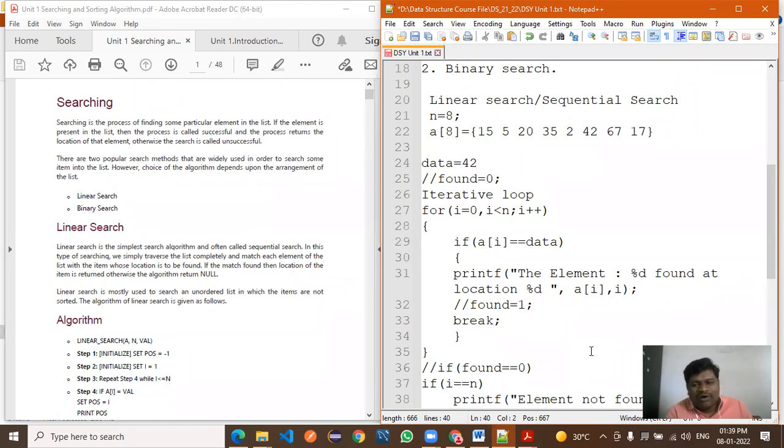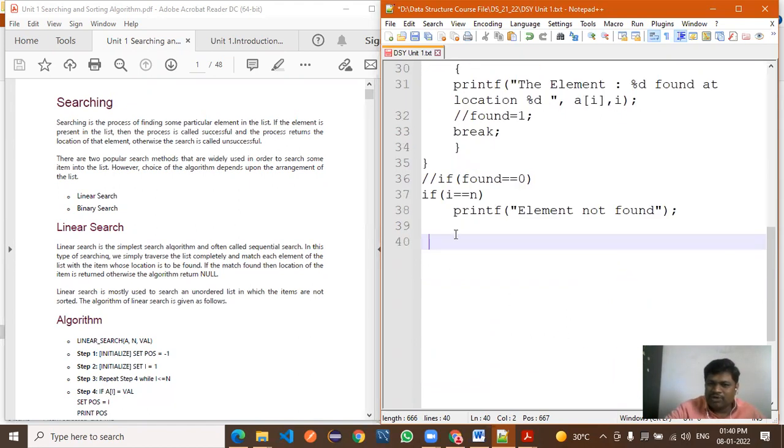Right. Now one more point is there. If you consider the processing time, for which algorithm is it better? We will discuss that processing time related things after binary search, once our binary search algorithm is complete. So later on we'll discuss.